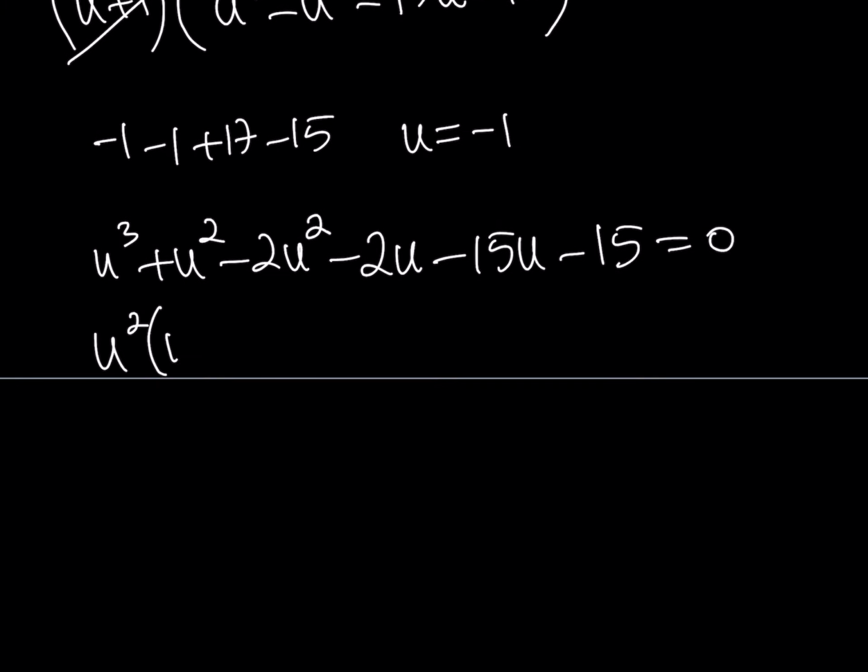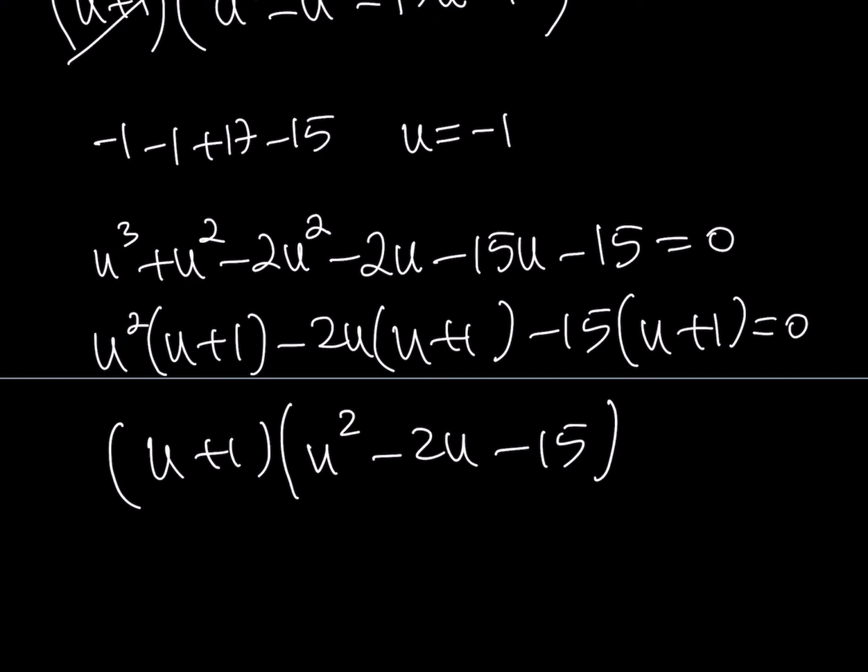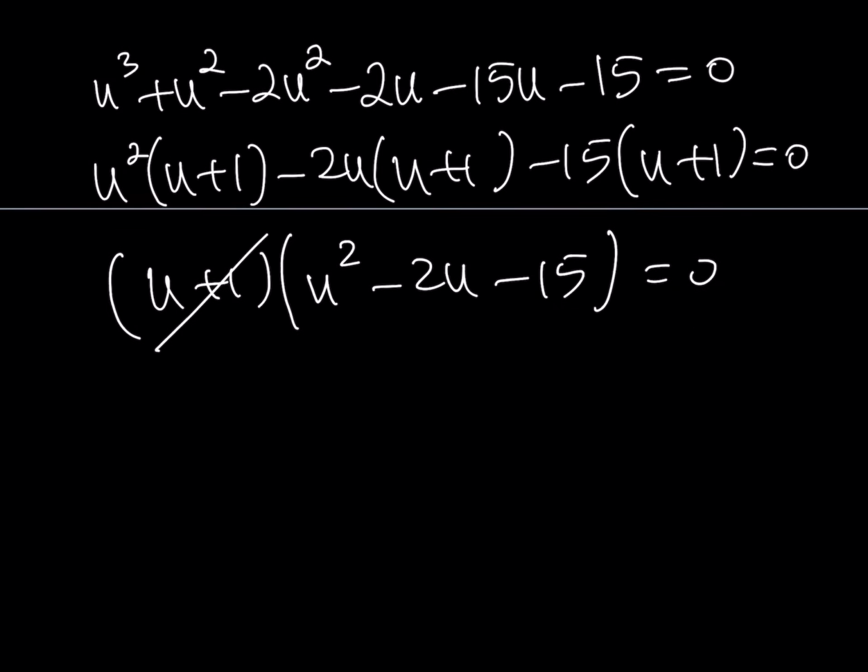But u squared times u plus 1, minus 2u times u plus 1, minus 15 times u plus 1. We're almost done with this, and we're going to find u, and we'll be done by then. So now I take the u plus 1 out again. I get u squared minus 2u minus 15. Again, I'll discard this and focus on this one. And this one gives me u minus 5 times u plus 3